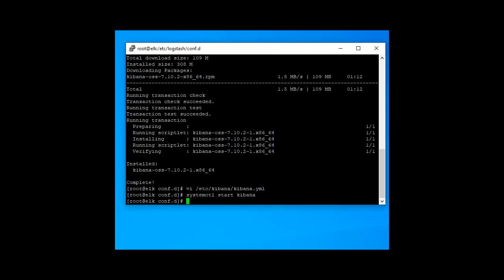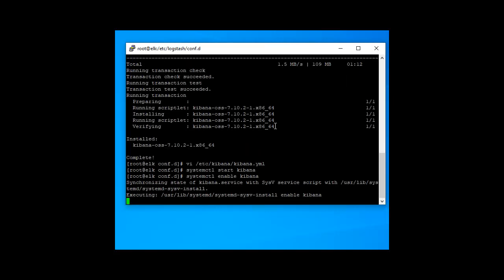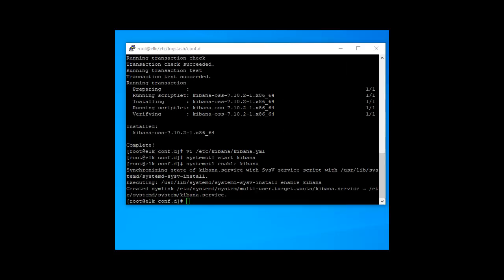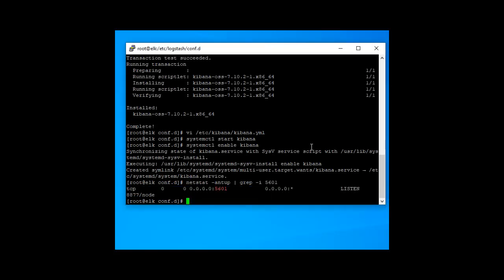Now the service is started. Enable the service. Check the Kibana listening port. So it is listening.